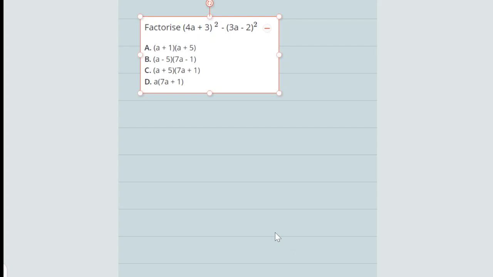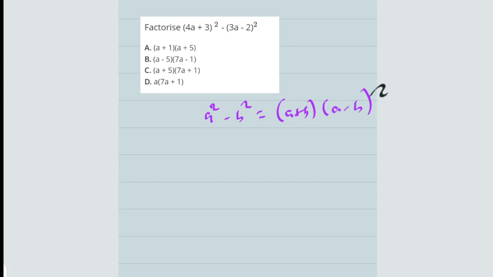I told you in the last video that when you are asked to factorize and you have two terms and you check the relationship between these two terms, you notice that it's a negative. You understand now? So the first thing that must come to your mind is what we call difference of two squares. What do we call difference of two squares? That is when you have a squared minus b squared. Difference of two squares says don't disturb yourself, you want to factorize this. So it's going to give me a plus b, a minus b. I hope you understand now. So that's what must come to mind.